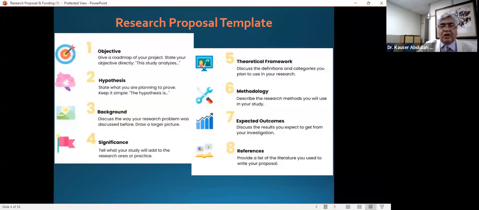Okay, so now the template or the important components of a proposal are obviously you have to have a clear-cut objective. You must in your mind know what the actual objectives of your research are. You should give a roadmap of your project, state your objective directly, and there should not be much